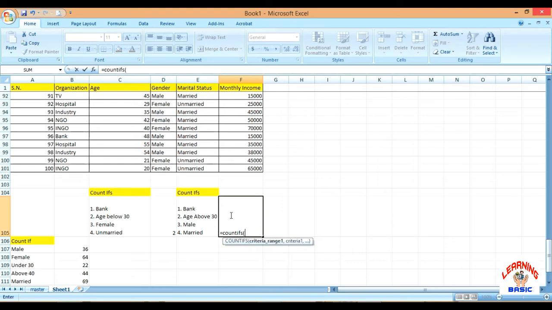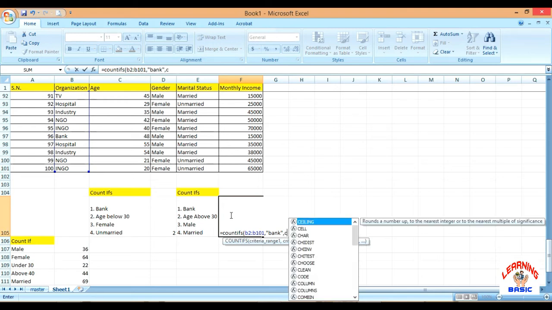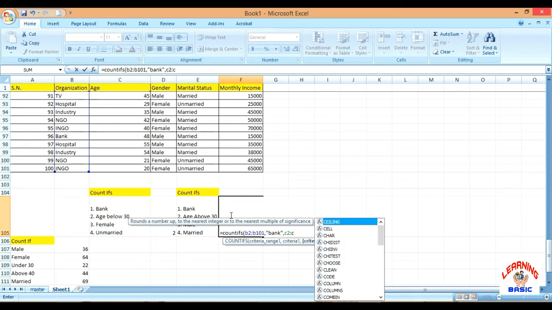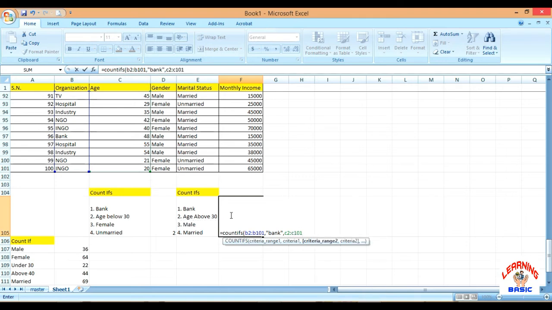COUNTIFS, and the first criteria is the bank. So B2 to B101, comma, and our organization is bank, and the second criteria is age above 30 years. So for age, C2 to C101, comma, and is above 30 years,